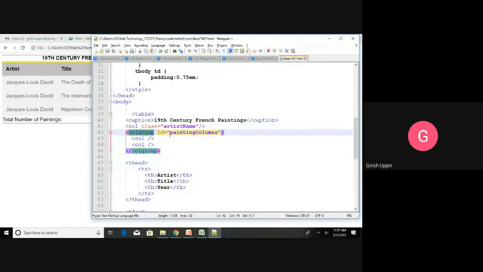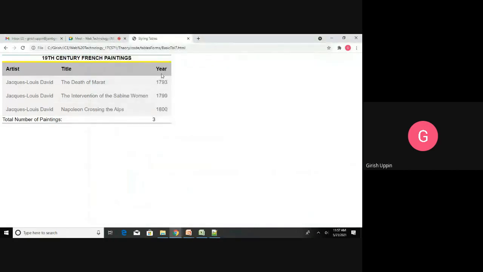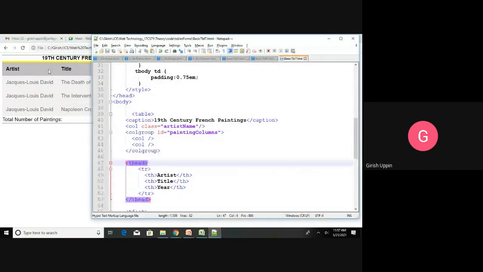Yesterday we saw how to apply styling for this column as well as the column group. You can refer to the previous video. Then we have the T head. Inside that, a T row, I have artist, title, year, artist, title, and year. Again, we will see the styling. There is certain styling applied for that. We will see how that styling is coming.